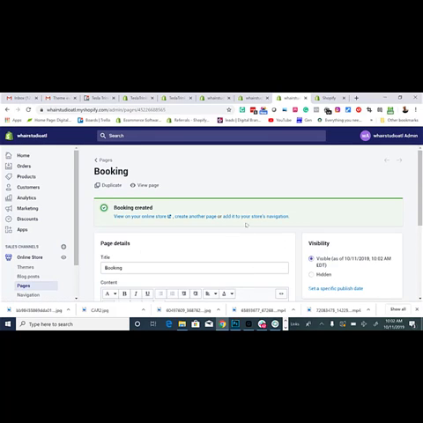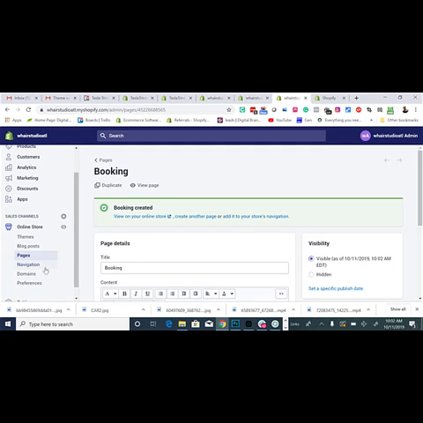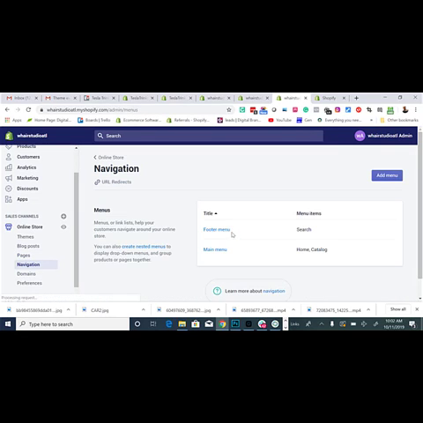Now, if you wanted to add it to your navigation, you can do one or two things. You can either add it to navigation here, or you can add it to navigation here. This is just putting it in the slide out menu. If you also wanted to add the booking in the menu, it takes you to the navigation. You select main menu,